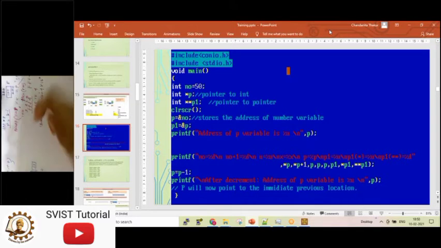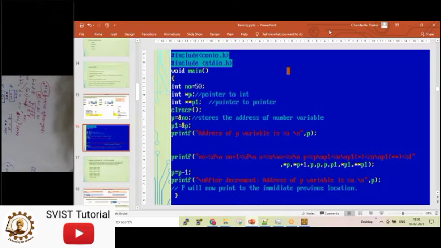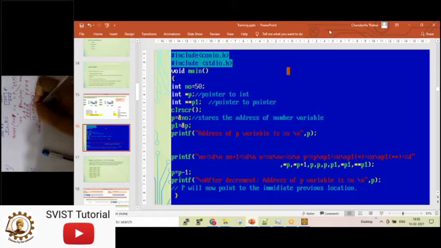It means this 4 is converted to 4 into 16 to the power 0. All of you are concentrating, all of you are able to understand. This 15 is converted to 15 into 16 to the power 1. Let me use some other color.